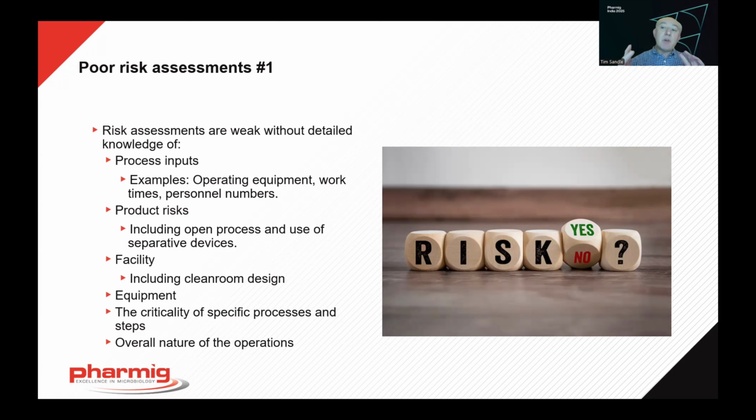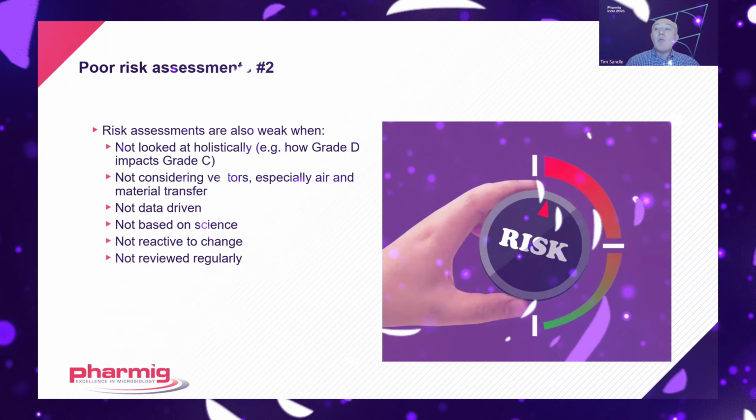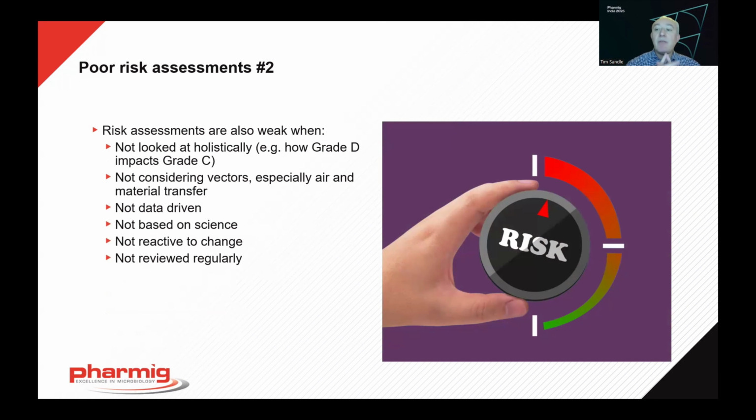Risk assessments can also be weak if they're not looking at things holistically. So one of the things that EU GMP Annex 1 is getting at is to look at things holistically. So what the annex is trying to get to here is to say that if you've got things occurring in grade D, let's say the bioburden starts to build up,